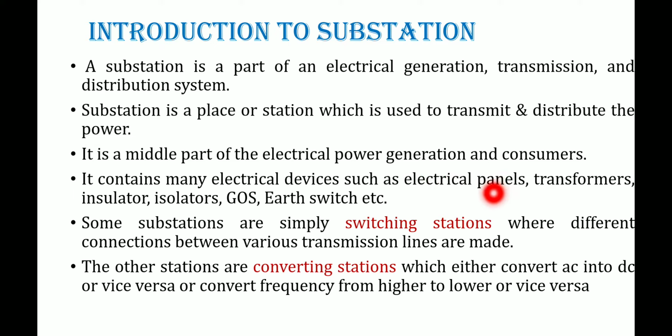It will consist of electric panels and transformers. For what purpose? In the case of high voltage transmission, stepping up of the voltage will be done here. In the case of distribution, the voltage is reduced, stepped down, here. That is the reason we need transformers, and insulators for safety purposes, isolators, nothing but the separators, the GOHs, nothing but the group operating switches, and earth switches. All these equipments we will study one by one in further classes also. So many equipments will be there in the substation itself.